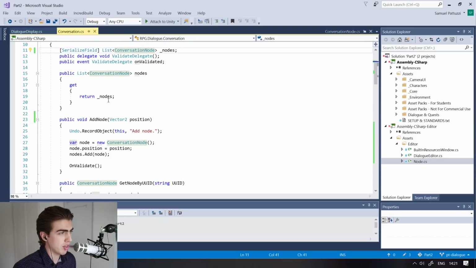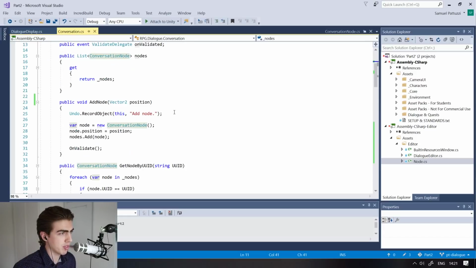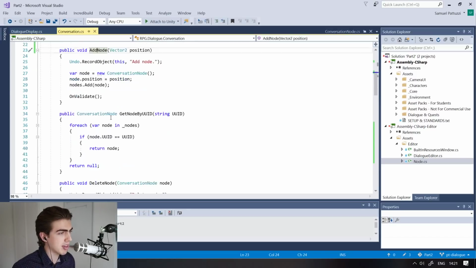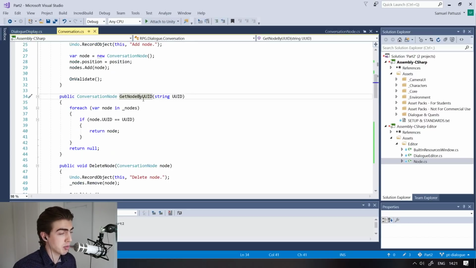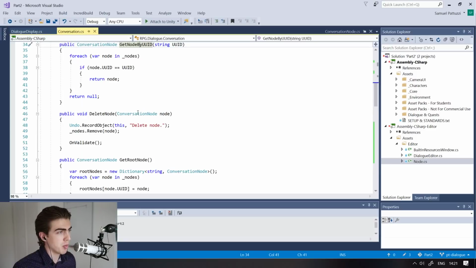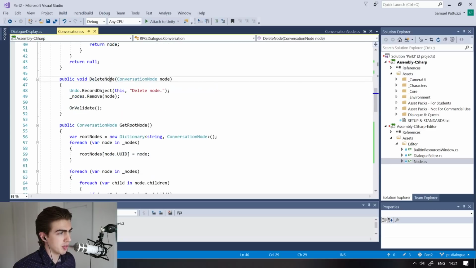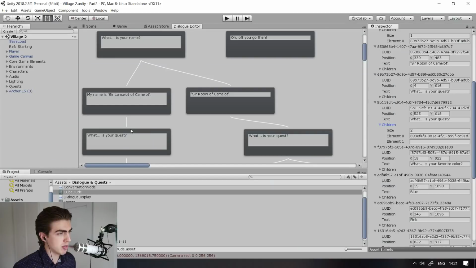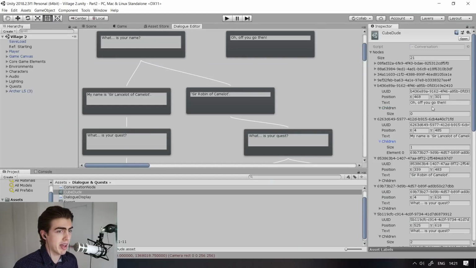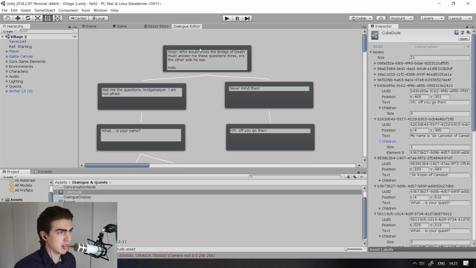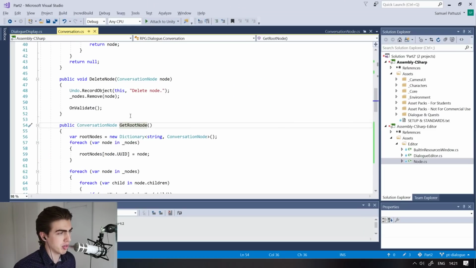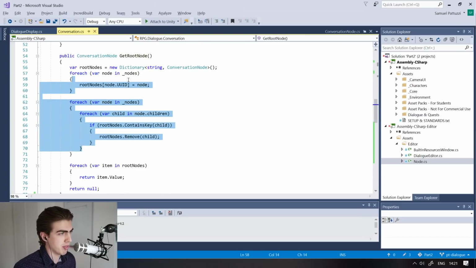So the Conversation.cs has a few interesting things going on. So let me go into it. We've got a public API to add nodes, to get the node by a specific UUID. We've got one for deleting nodes and getting the root node, basically the nodes that don't have anything pointing to them, that makes it a root node. So this guy has nothing that it is the child of, so it's a root node,